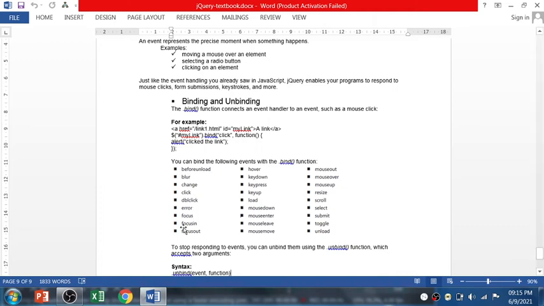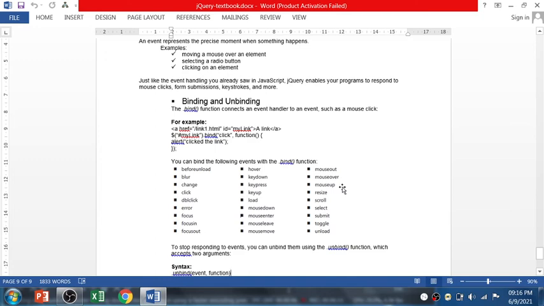Then focus, focusin, focusout, right? When the mouse cursor points to a particular, let's say, text box, that is focus, focusin. Hover event, right? When mouse over, hover is that. Then keydown, so it's a keyboard event. Keydown, keypress, keyup. Form load event or the document load event. Mousedown, mouseenter, mouseleave, mousemove, mouseout, mouseover, mouseup.